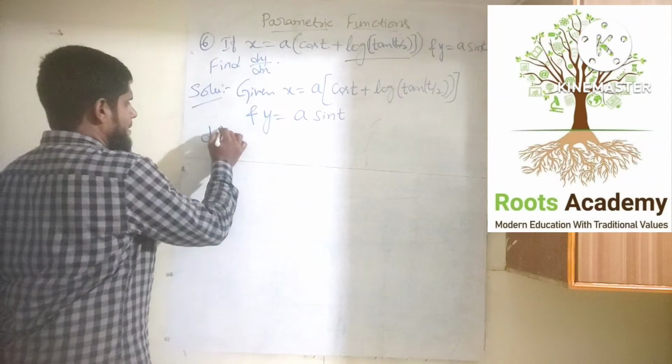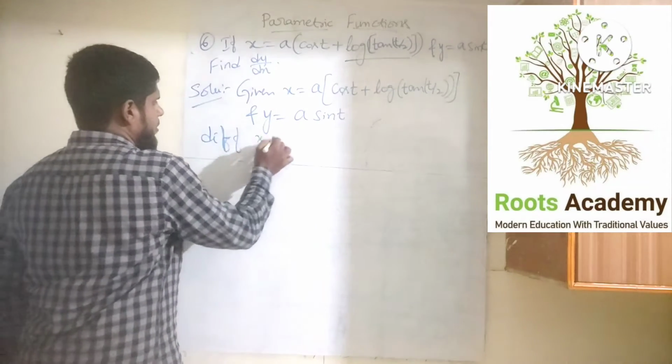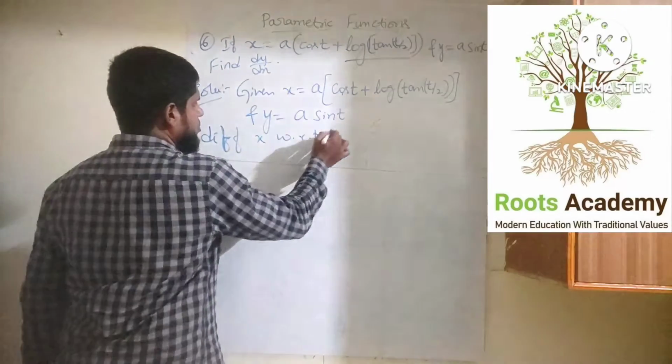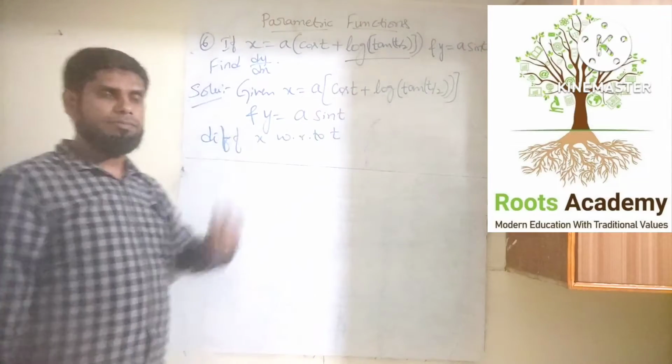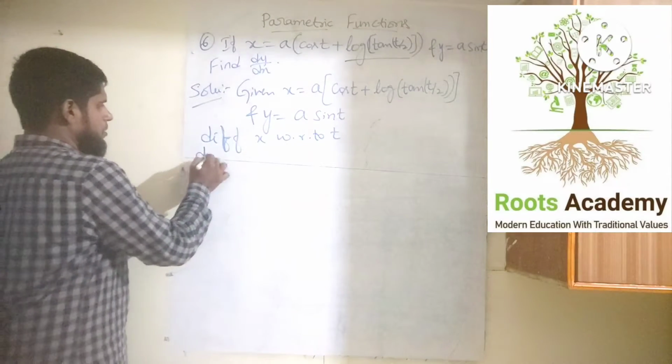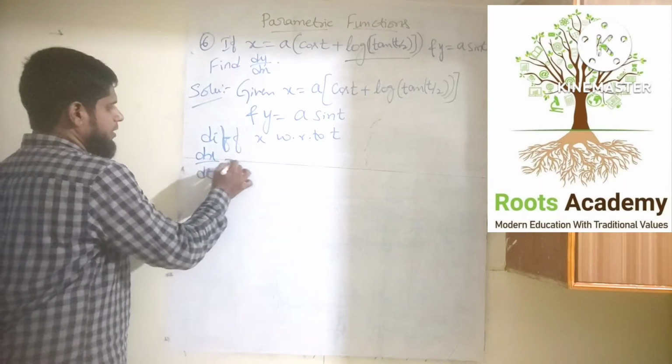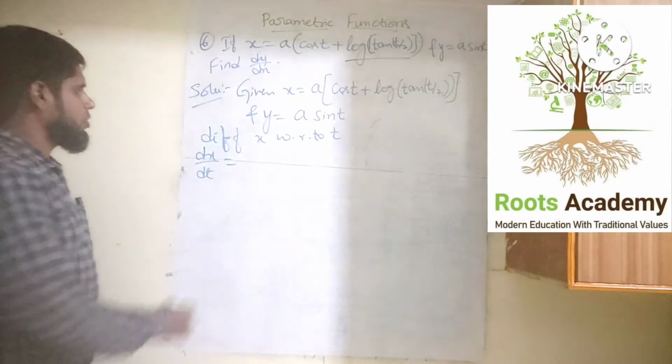Differentiate x with respect to t because t is a parameter here. So dx by dt is equal to a